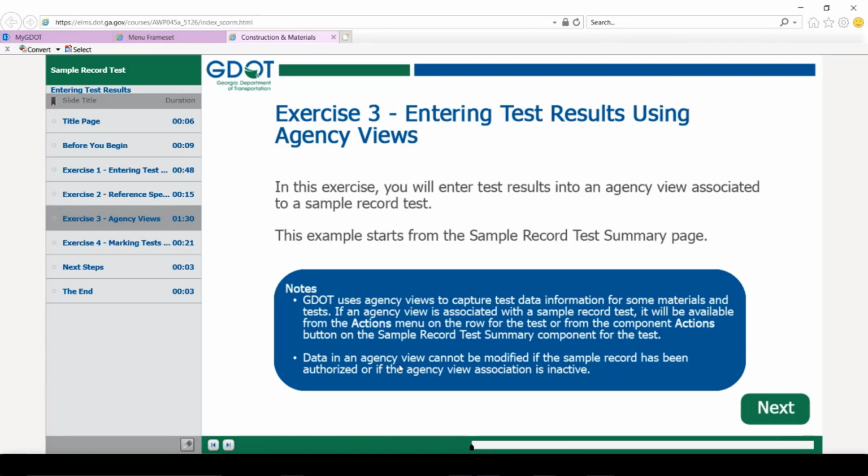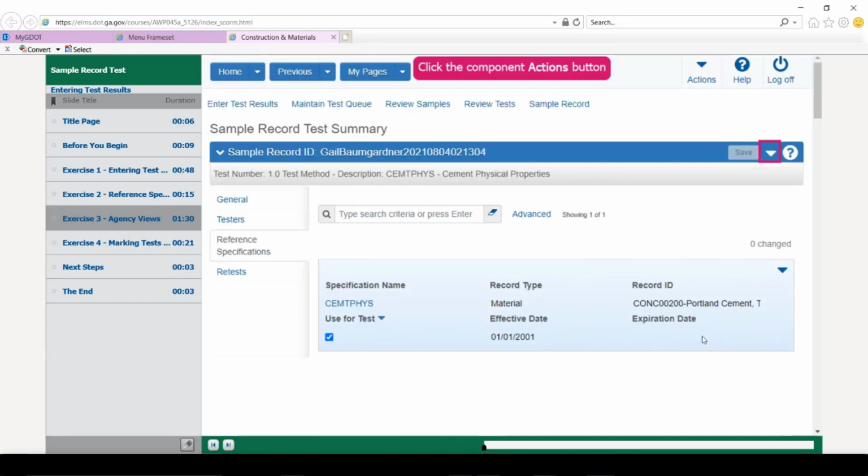Data in an agency view cannot be modified if the sample record has been authorized or if the agency view association is inactive. So keep those items in mind, and we'll take a look here at the next section.